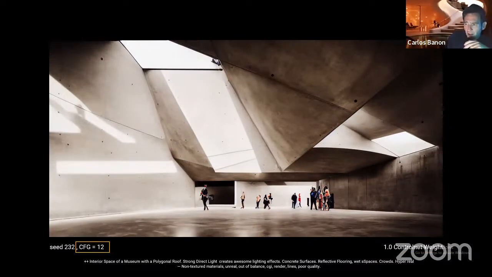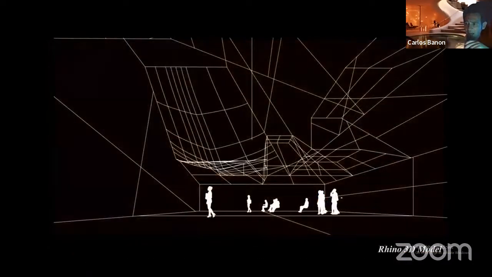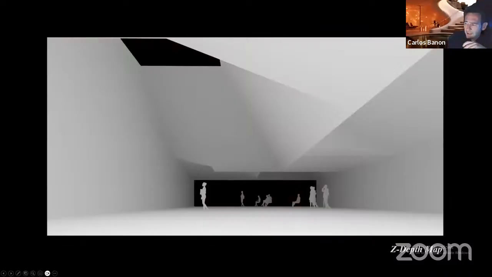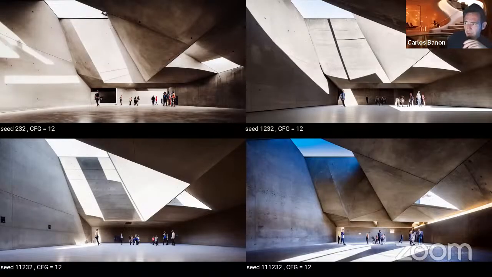So this is because we are using guidelines behind. In this case, we're using a very simple 3D model created with Rhino. It's a very simple sketch that is very effective and creates a very convincing result when you see the image that is generated, right? This is a Z map that we can create almost immediately using Rhino, and the images that you can generate